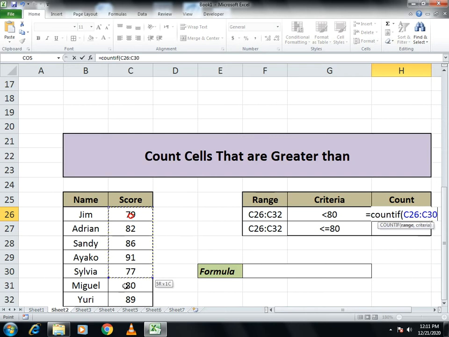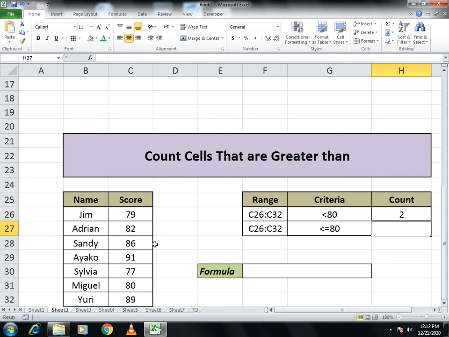You just need to select the whole range, comma, and inverted comma, and we just want to know the values which are less than 80, inverted comma close, and you just close the bracket. Here it says 2, which means 2 numbers are less than 80, and if you want to just know the less than or equal to 80, which also contains one number